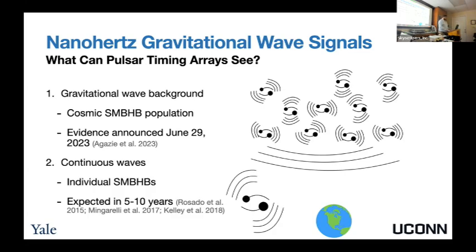The other type of signal we expect to see are what are called continuous waves. These are gravitational waves from individual supermassive black hole binaries. These are called continuous because it takes millions of years for the black hole binaries to actually merge. And so if we see gravitational waves from an individual supermassive black hole binary, we're going to be seeing those gravitational waves for millions of years, or as far as we're concerned with our own human timescales, it's going to be an eternal gravitational wave emitter, which is why we call it continuous. It's basically going to be there forever. Astronomers really like to name things in a very straightforward, it is what it is type of way.